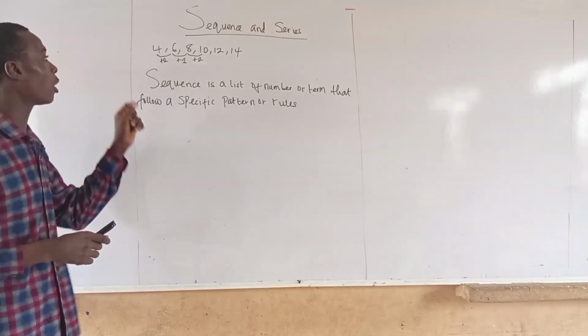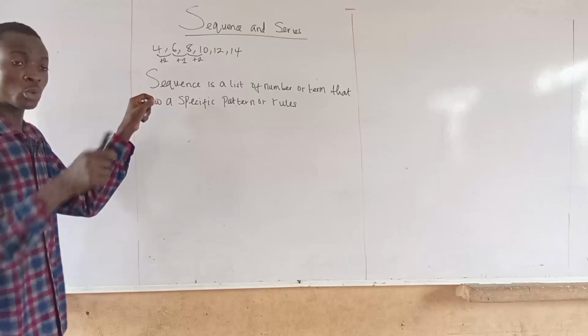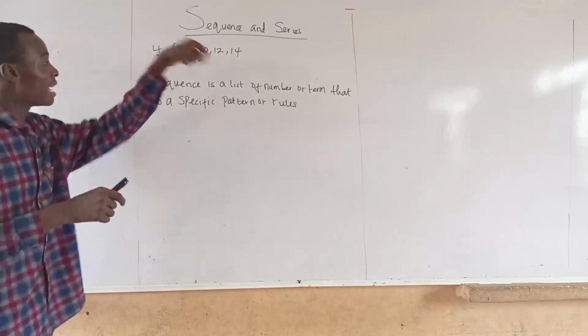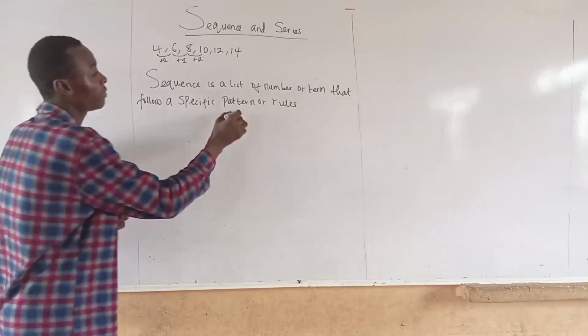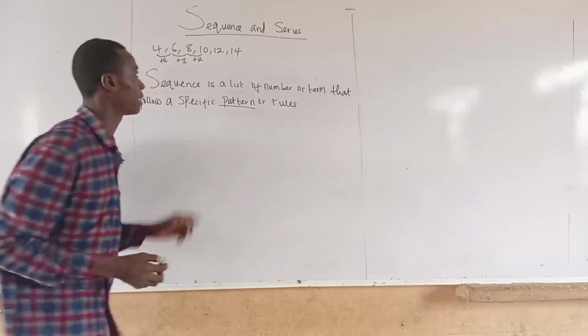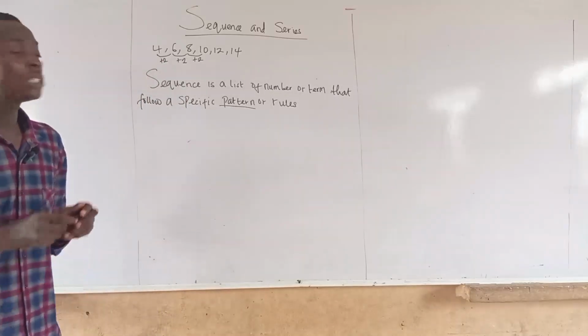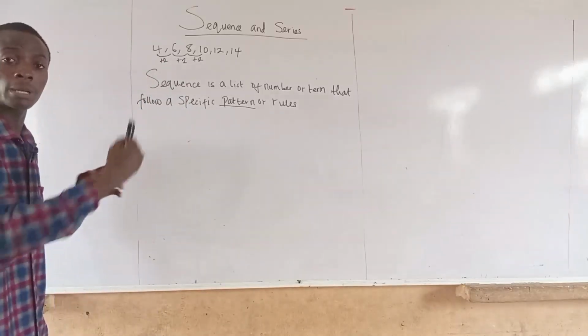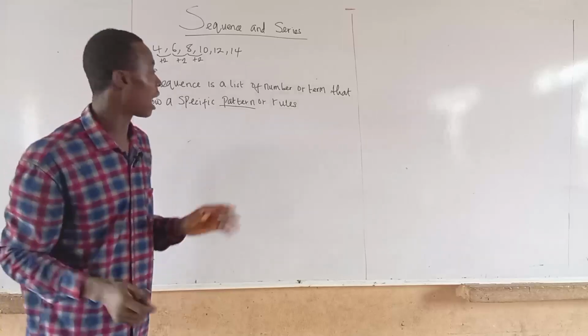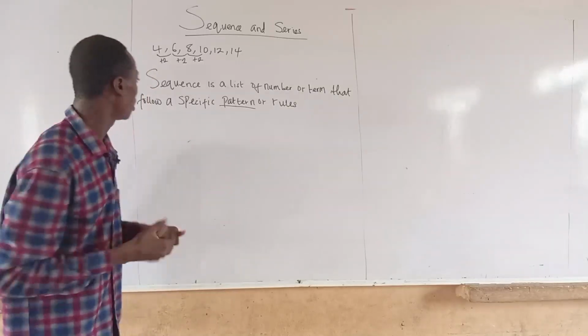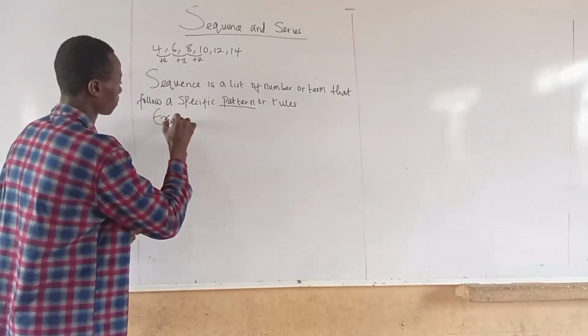In this case, all of them have two added to them to get the next term. Any numbers that you see that follow a specific pattern or rule are known as what? Sequence. Other examples are,